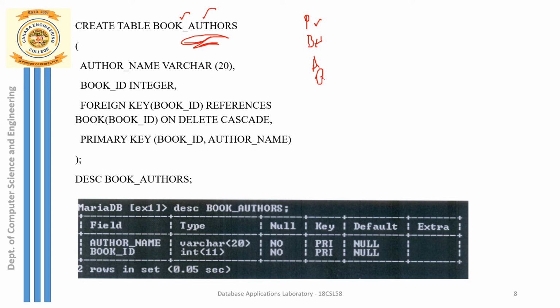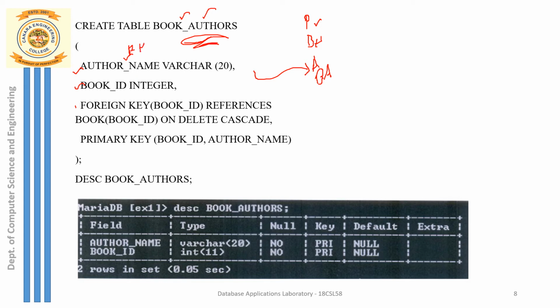You can see this is the book author table we have, and in this table you can note author name is there, and book ID is there. These are the only two attributes inside this book author table. Now note the author name. From where did I derive this author name? I had just created the author table, so from the author table I am deriving the author name. You can note this author name became the foreign key here, remember. So this is our foreign key.